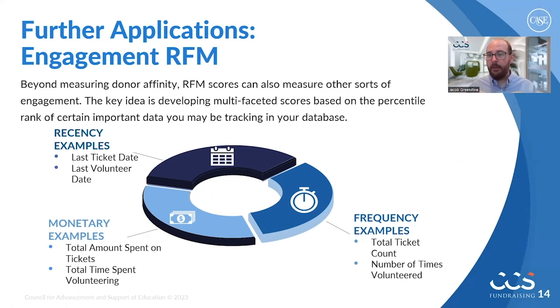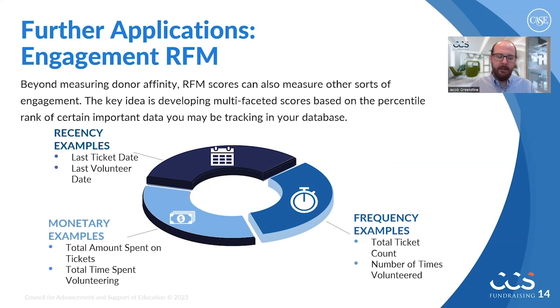You can use RFM for giving, and that's a great starting place, but you can use RFM for engagement metrics as well. And this is a recommended thing if you're trying to think about how people are engaging in terms of ticketing, if you're an organization that's collecting tickets for events, volunteer data, anything like this can be tracked using an RFM, right? And this is that same idea of that percentile rank,